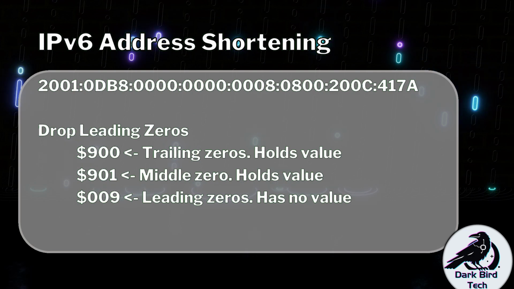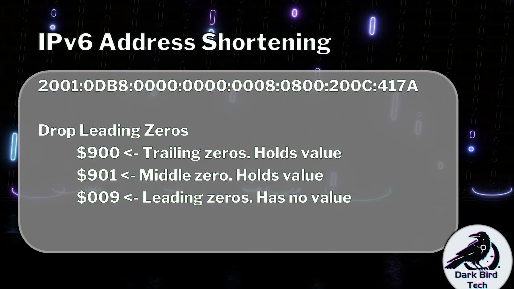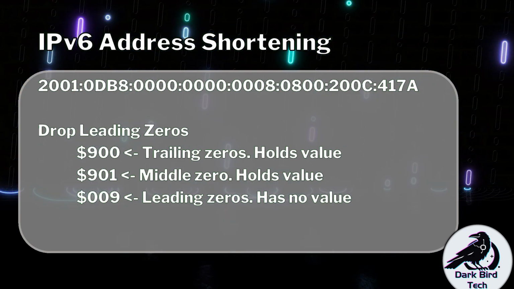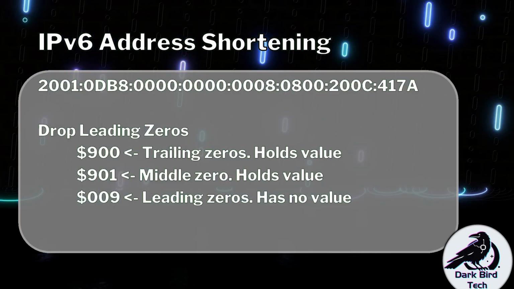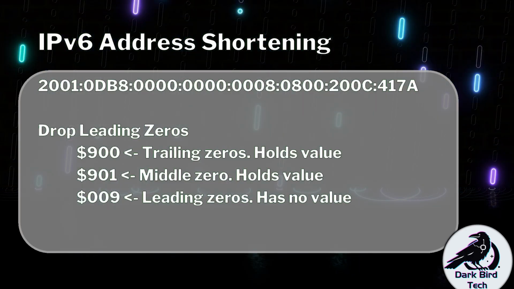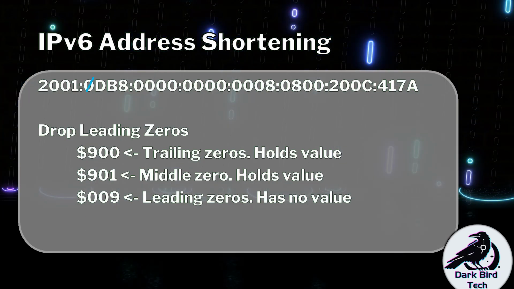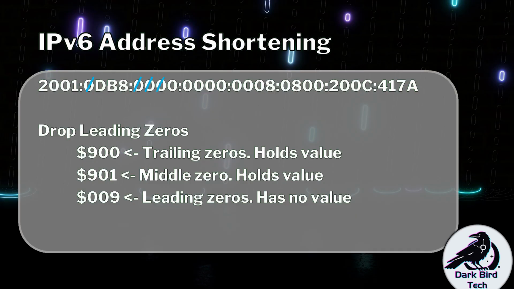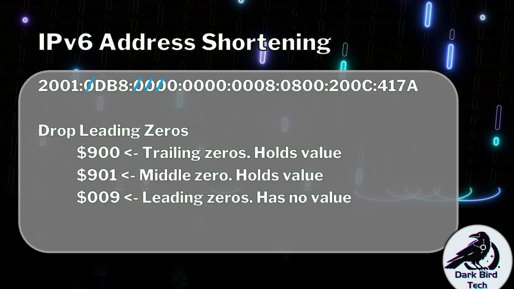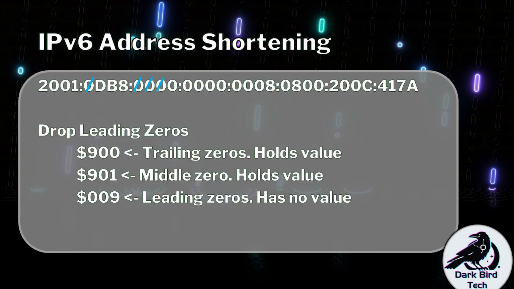But if I write an amount of money like this, $009, that is leading zeros. Those leading zeros hold no value, therefore they can be dropped. So if we run through this, we've got a leading zero there. We've got 3 leading zeros in that field, because whether you write 1, 4, or a million zeros, 0 is